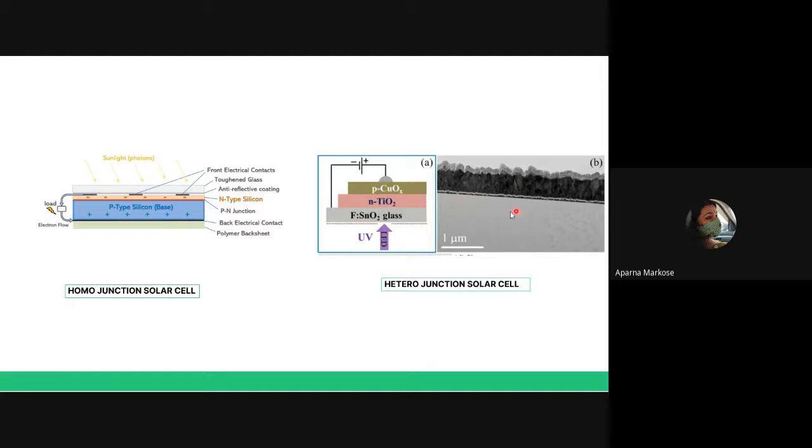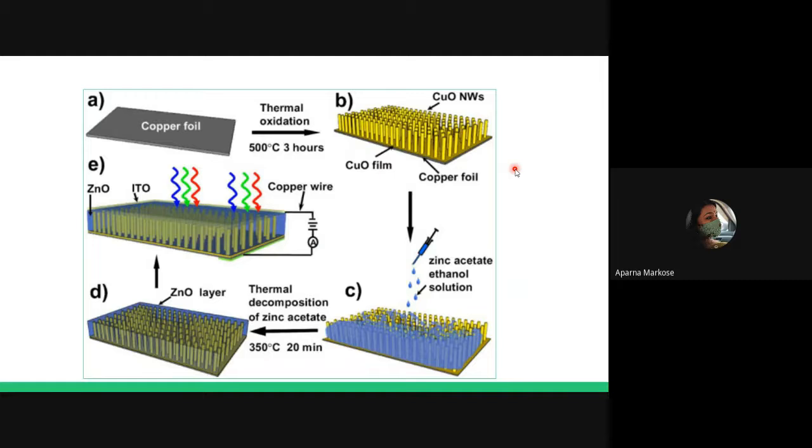So you can see a microscopic image of glass in here and titanium dioxide in here and copper oxide on the top. And this is another example of a heterojunction solar cell with a nano architecture. So right now in our university, I'm interested in this kind of work. I am in our lab. We have already developed, my seniors and Srimurugan, of course, developed titanium dioxide nanotubes.